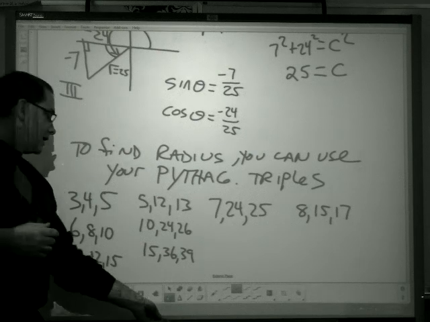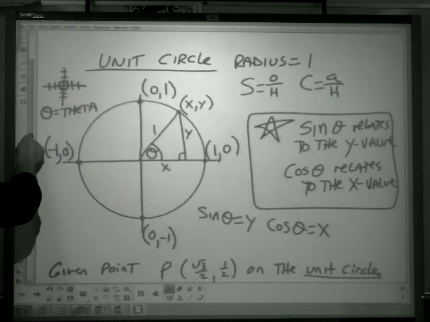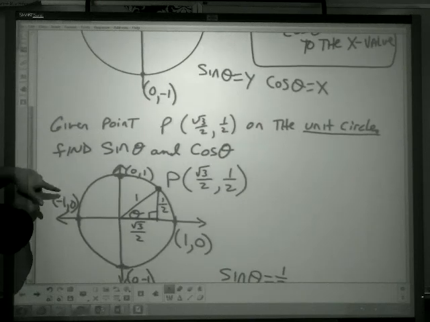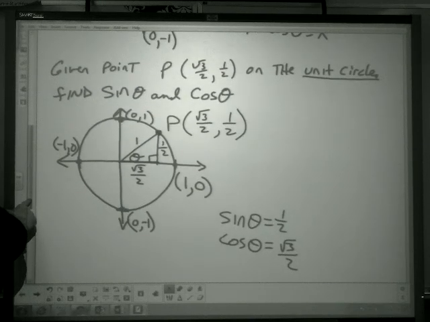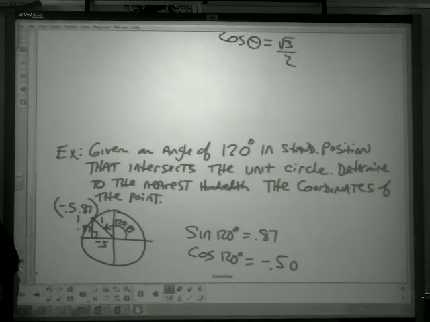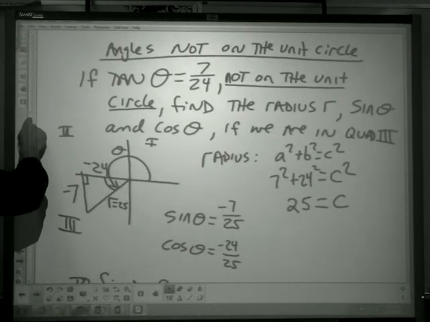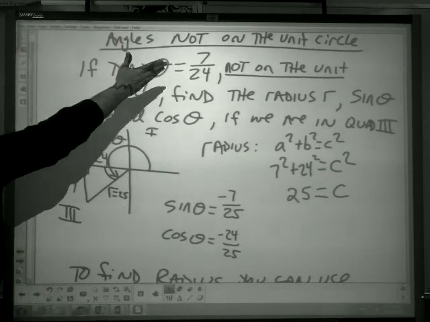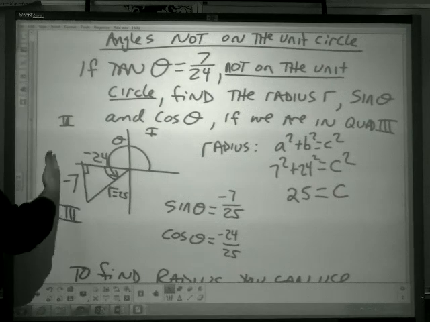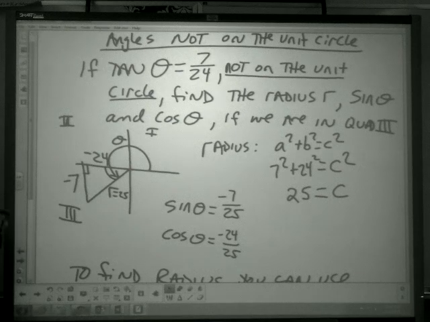So when we come into class, we're going to do some problems with the unit circle, identifying sine, cosine, and tangent of numbers on the unit circle. Given an angle, can we find the coordinates of that point? And given the value of sine, cosine, or tangent that's not on the unit circle, can we find the missing side, whether it's the radius or one of the x or the y, and find the sine and cosine values from there? That's it.